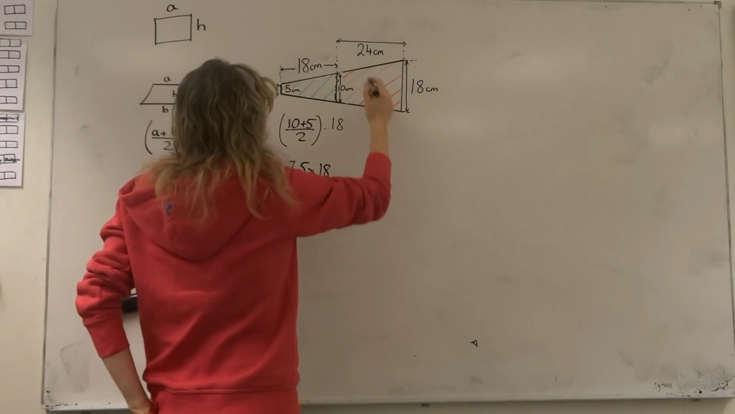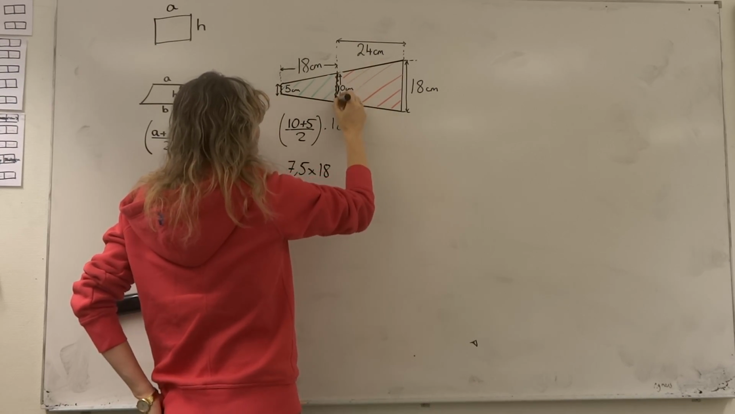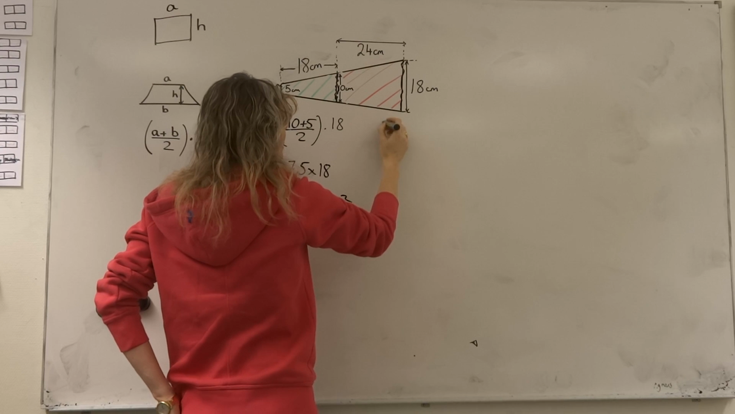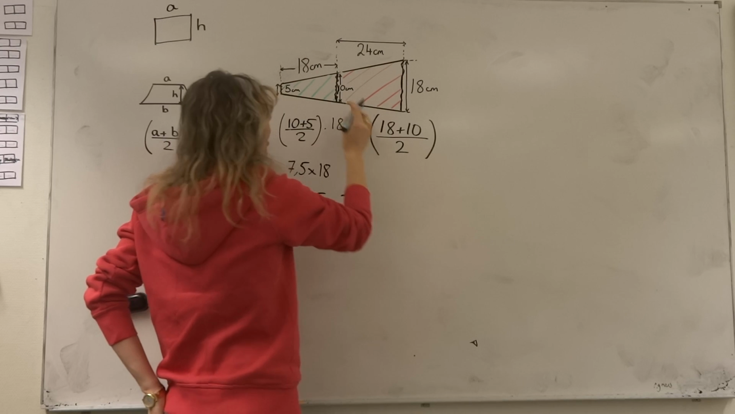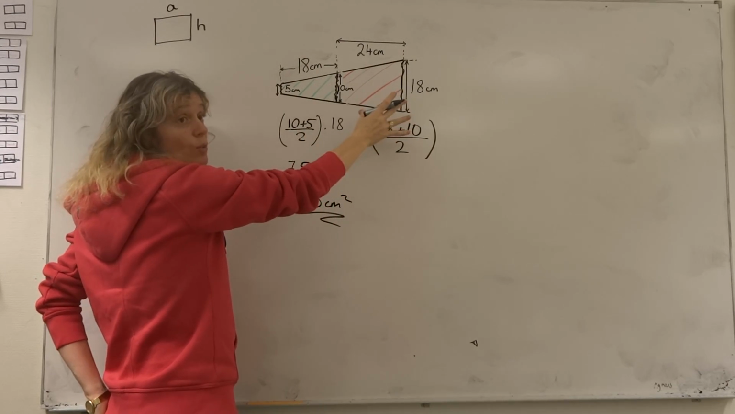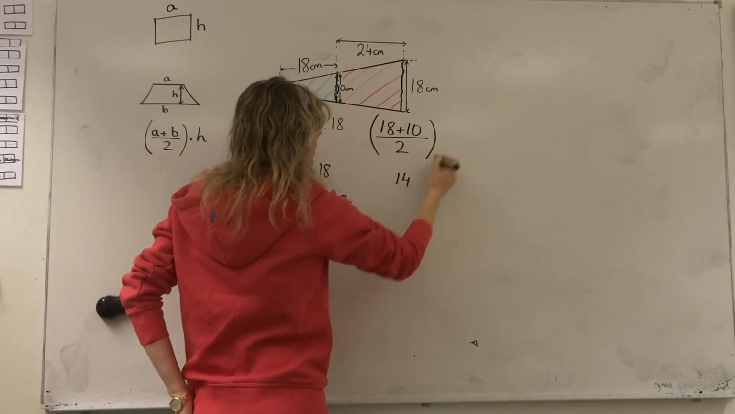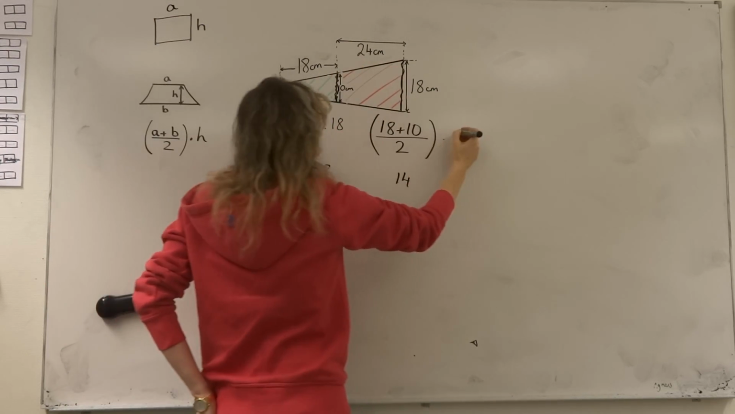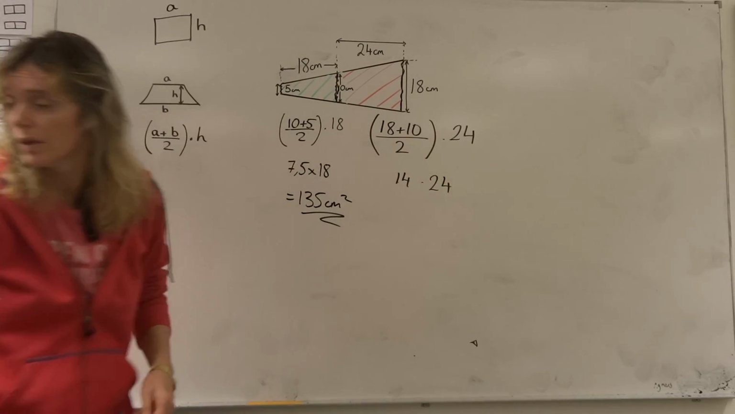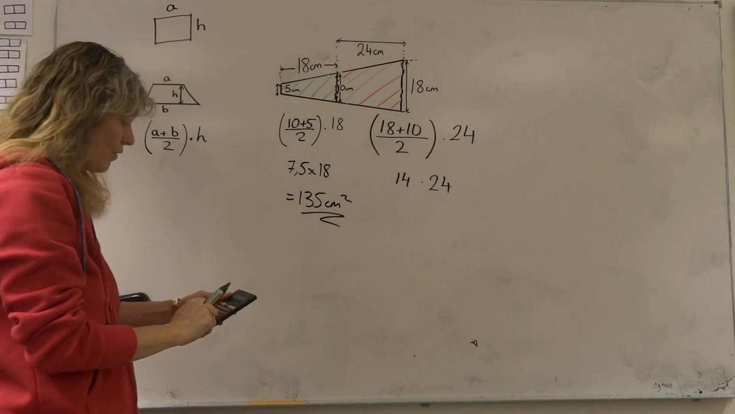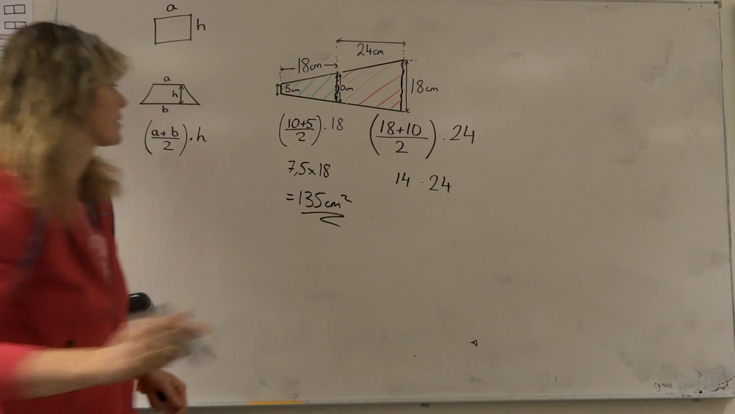Then we have the next one, the red area. Using the same principle, we want half of our 10 again and half of our 18. So 18 plus 10 divided by 2, half of the two lengths that are parallel to one another. That gives us 28 divided by 2, which is 14, multiplied by the height, 24. So we get 14 times 24, giving us an area of 336